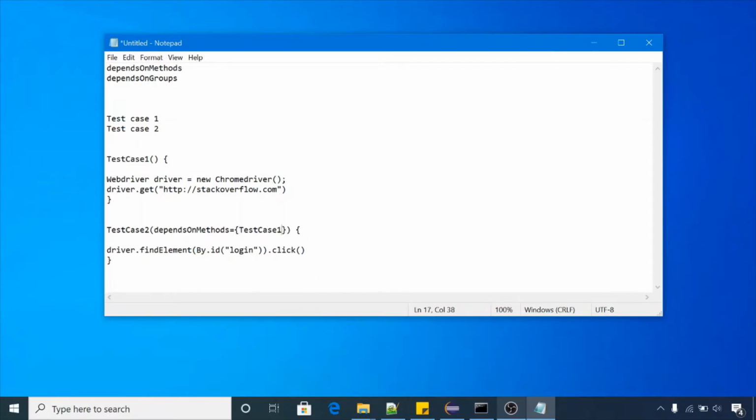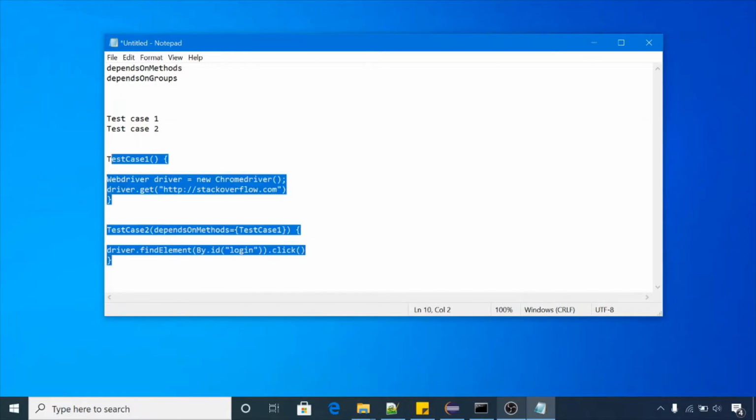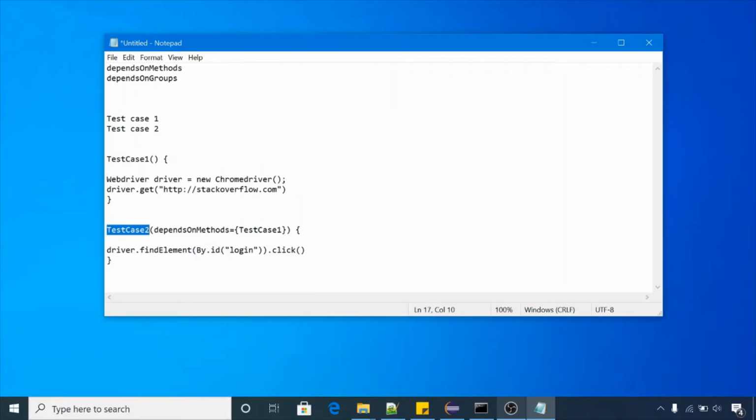If you run these test cases, test case 2 will be executed after test case 1. First test case 1 will be executed, and after that test case 2. If test case 1 fails, test case 2 will also fail. Let me show you practically.